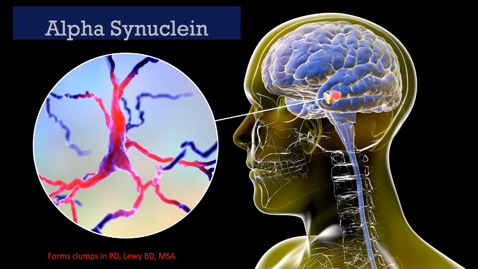While alpha-synuclein is present in healthy individuals, its abnormal aggregation and accumulation in the form of insoluble fibrils or Lewy bodies are closely associated with the pathogenesis of various neurodegenerative disorders, including: 1. Parkinson's disease. Aggregation of alpha-synuclein in dopaminergic neurons of the substantia nigra is a hallmark of Parkinson's disease and contributes to neuronal dysfunction and death. 2. Lewy body dementia. Abnormal accumulation of alpha-synuclein in the form of Lewy bodies in cortical and subcortical regions of the brain is a characteristic feature of Lewy body dementia.